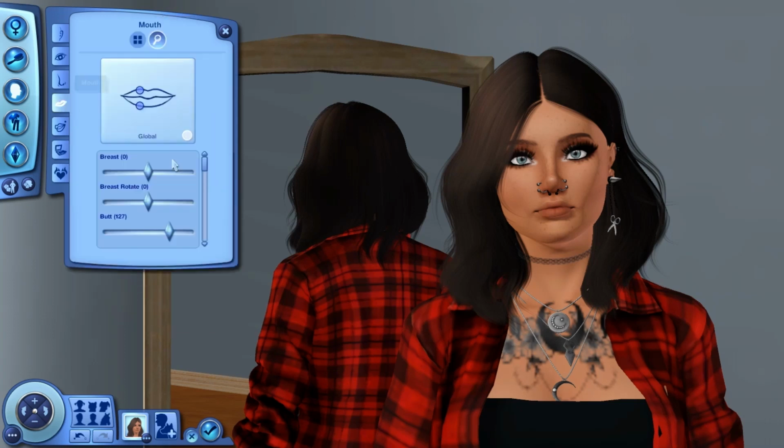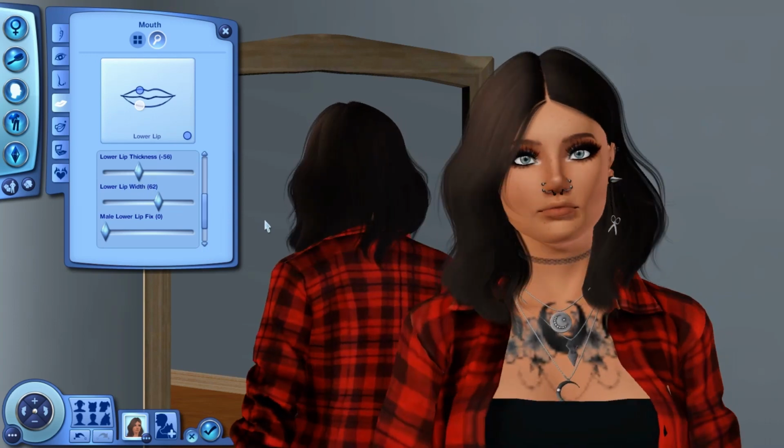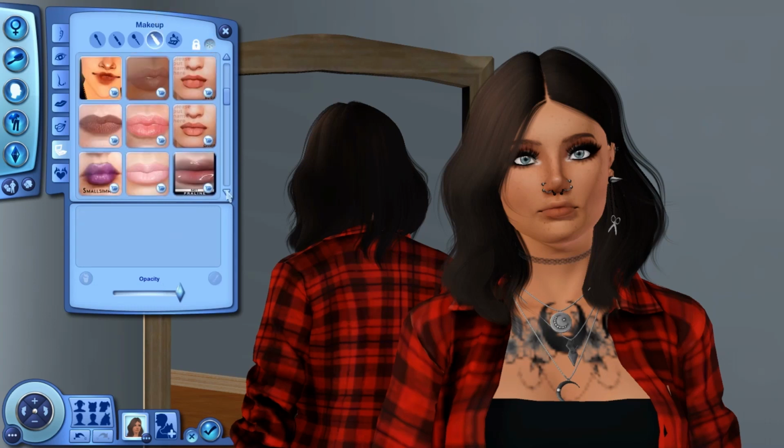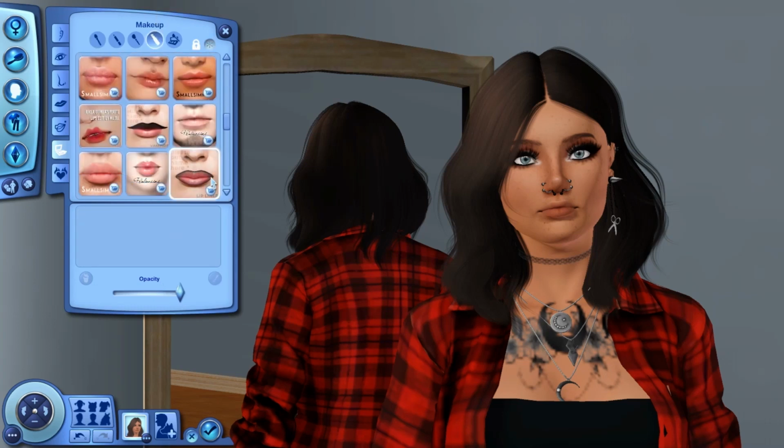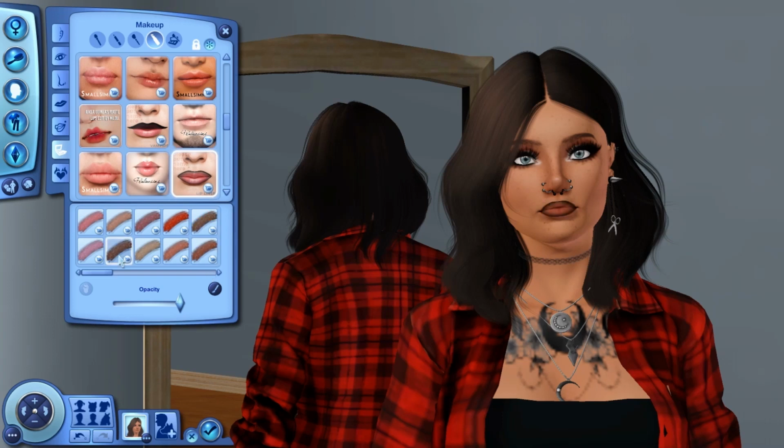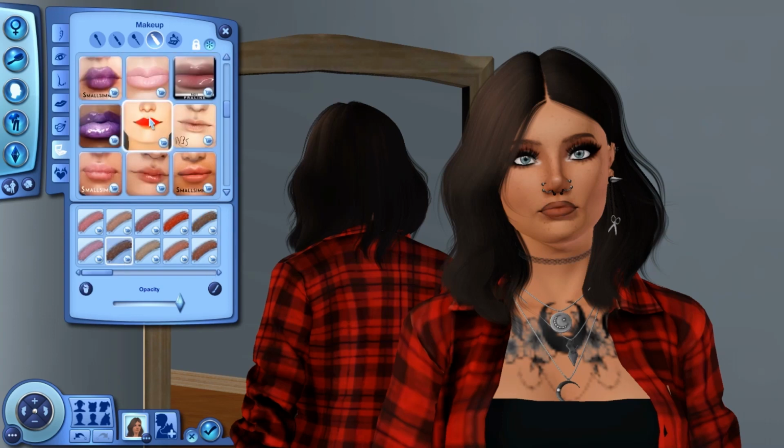I may have actually used a lip liner with her as well, but this is when I went back in and adjusted her lip size, because they felt like they were still a little bit too thick for an average lip size to me. I don't know why, that was just kind of the vibe that I was feeling. I was wishing I could have moved her lips down a teeny tiny bit more, but I wasn't able to. But it ended up working out okay. I can't remember if I gave her a lip liner. I'm going to assume that I did, but I didn't go for the overlined one. I just wanted something with a little bit more definition.